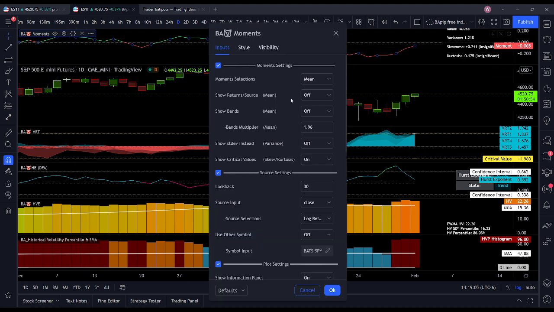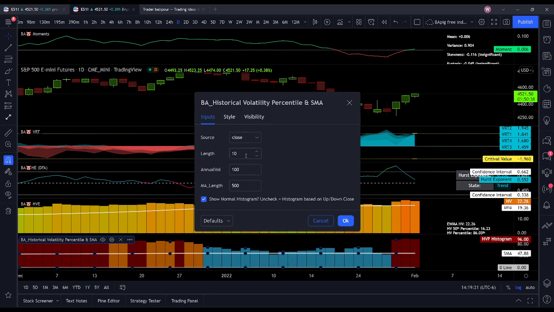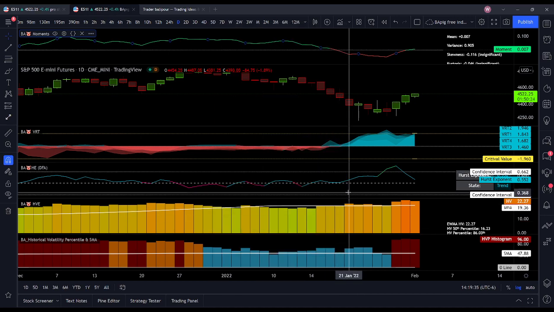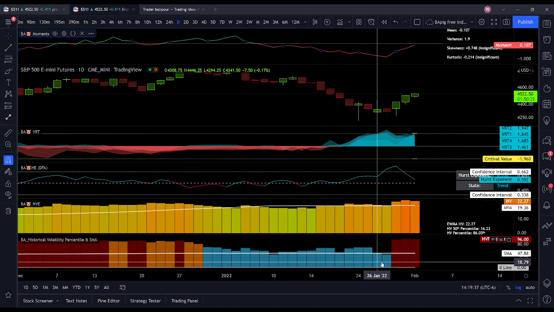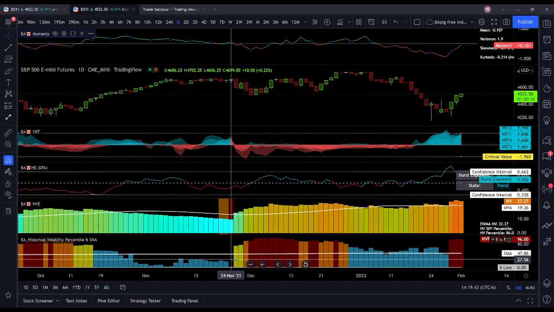And I like to put this onto a higher look back. So let's say I'll put this in relation with that HVP. So we can put 100. So our sample length is 100, or our annual vol comparison is at 100. So we'll put that at 100 if we want, or we could even put this down to 10, and you can see we have a negative mean here, and volatility is low, but